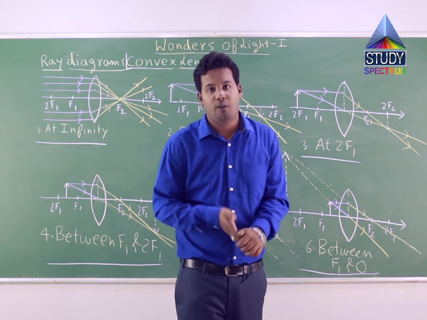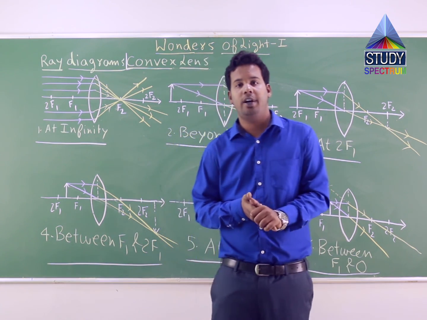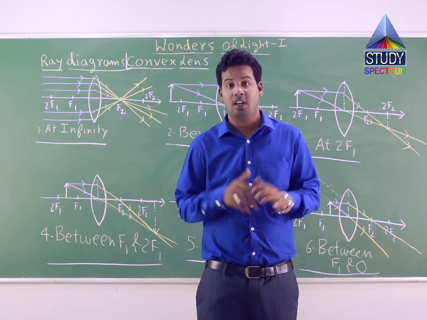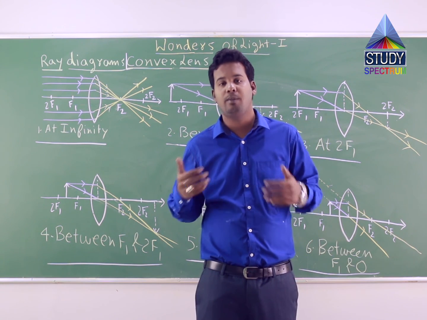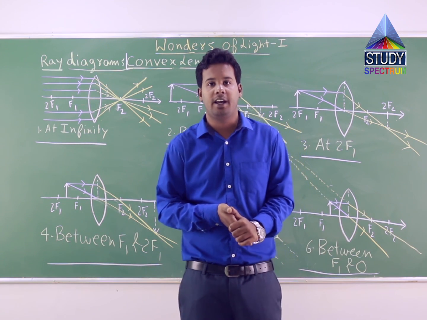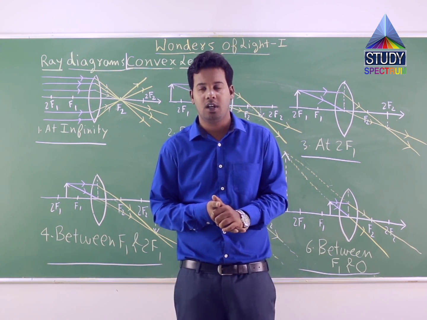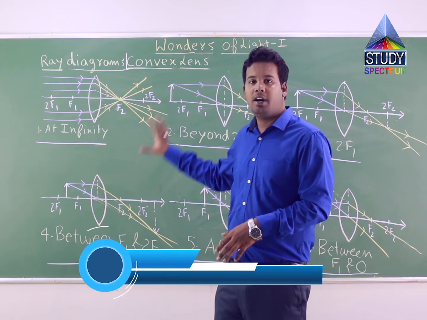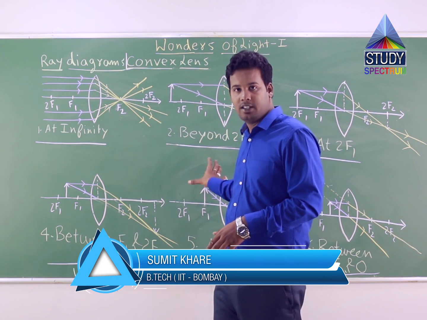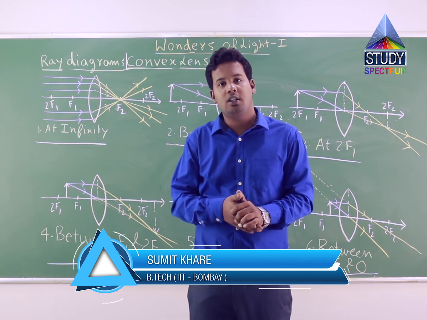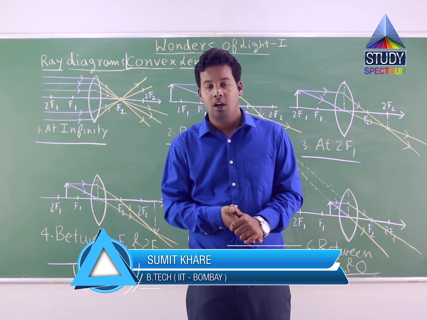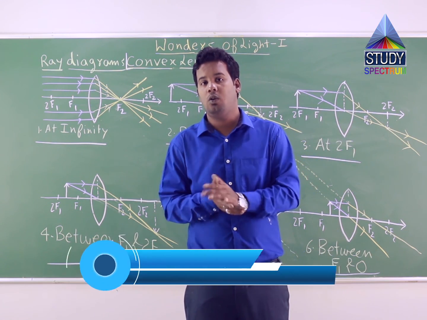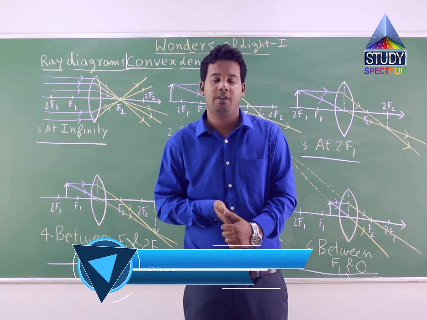So friends, do not forget for both theoretical and numerical questions, if ray diagrams is being asked, my suggestion is you always draw ray diagrams for both theoretical and numerical questions. You have to draw similar type of diagrams in both the cases. For theoretical questions, you can make your calculation easy for both mirrors also and lens also by taking r is equal to 10 and f is equal to 5.